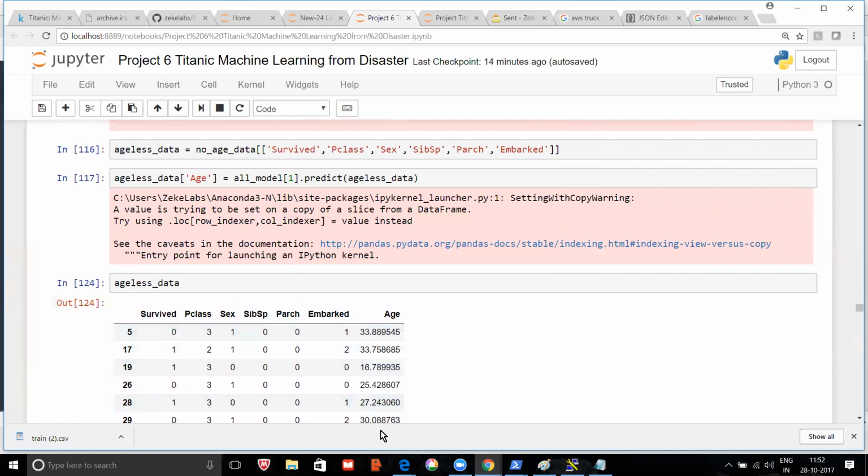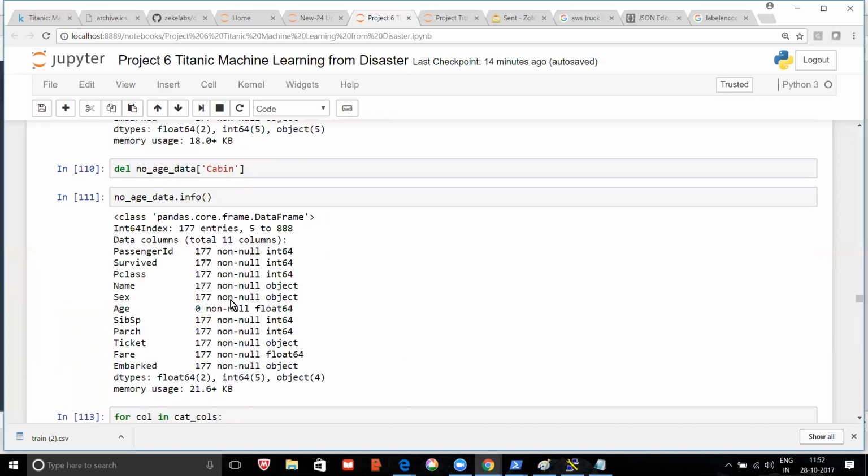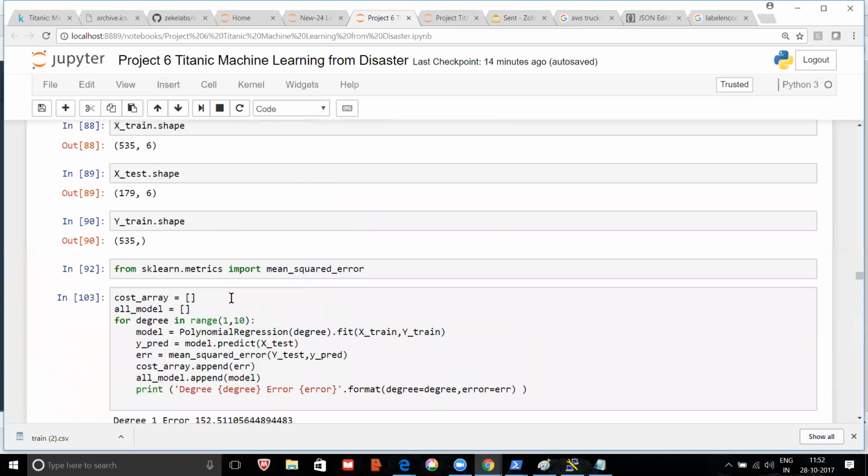But this data has everything in numbers, right? Like 6 and everything is in numbers. But your original data is in English. No, this is our intermediate data. No, the original data is in English, right? Male is for sex. But all this data which you are showing has everything transformed to numbers. No, so we have converted, right? Ageless data is a separate array. If you are going to ask about the original array,